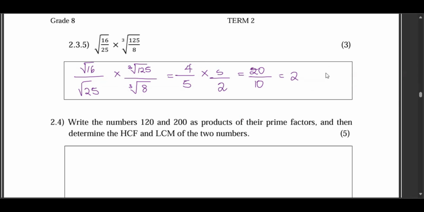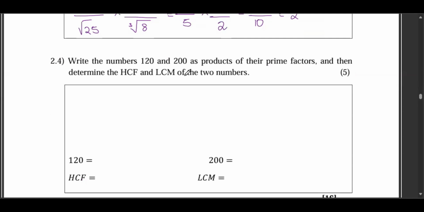We continue and we look at: write down the numbers 120 and 200 as products of their prime factors, and then determine the highest common factor and the lowest common multiple of the two values. Now, these are two methods. What you're going to do about the factors,